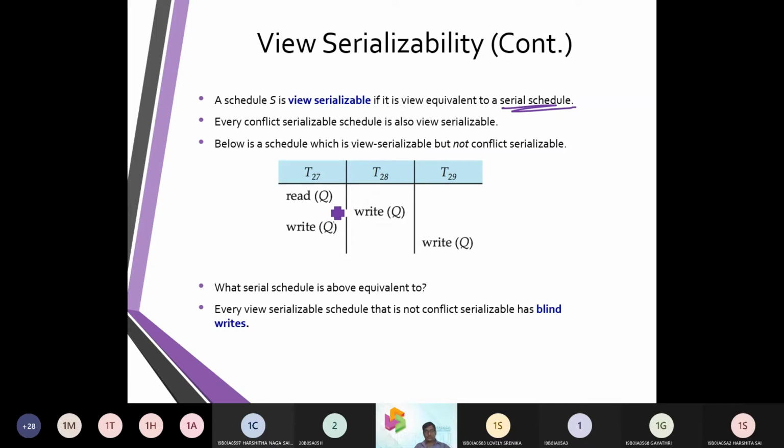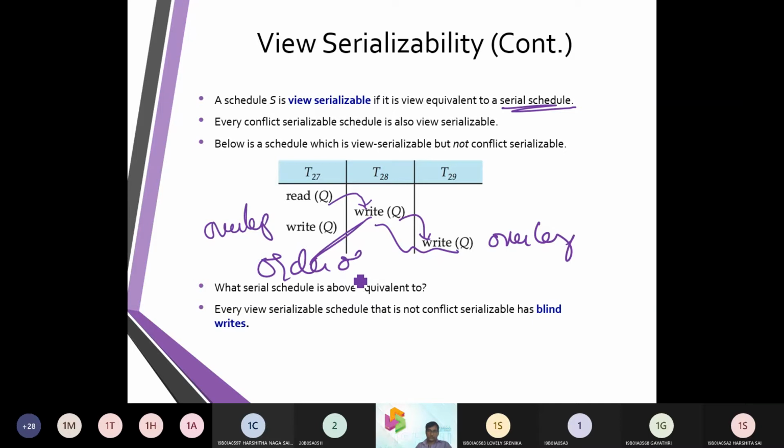Because 27 reads a queue, then 28 writes the queue, and again write over write. So there is an overlap here, and again you can see write over write. So the order of execution is important, and that needs to be considered.